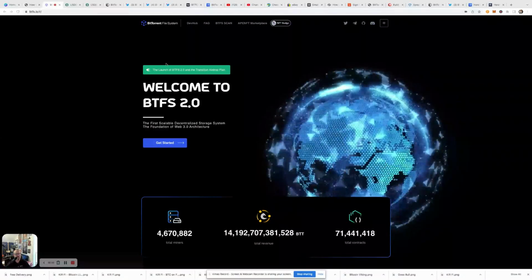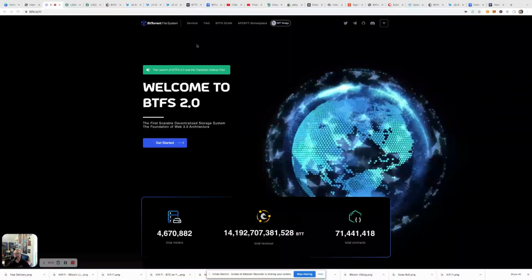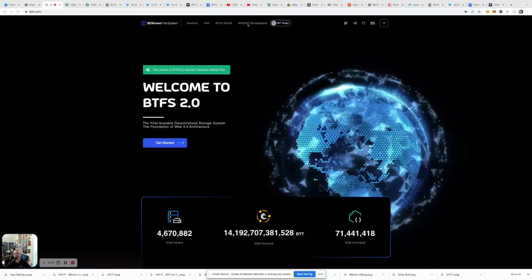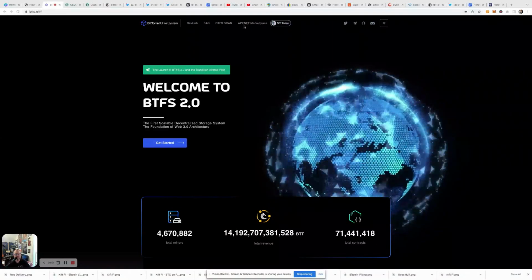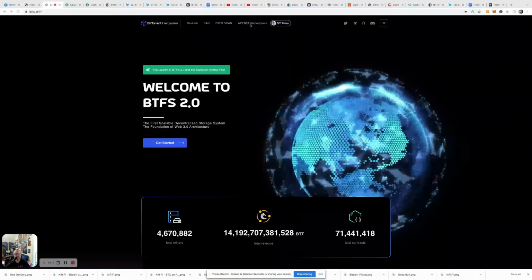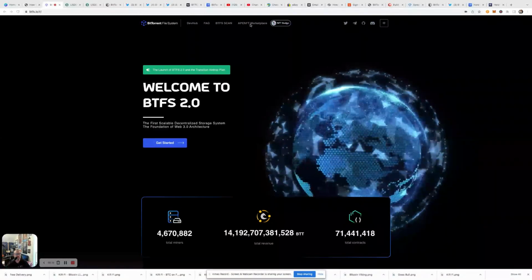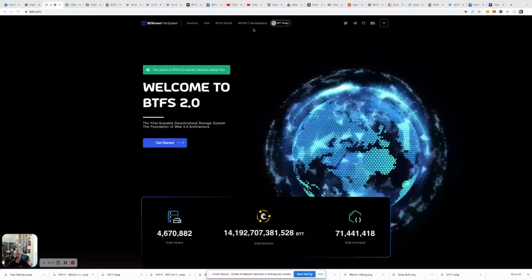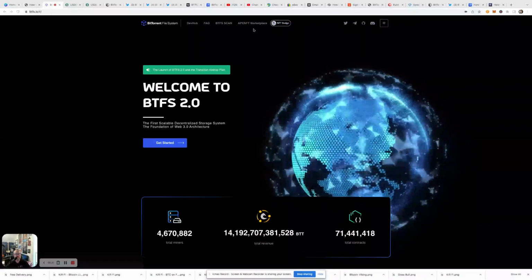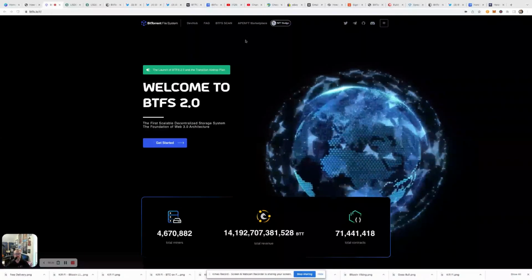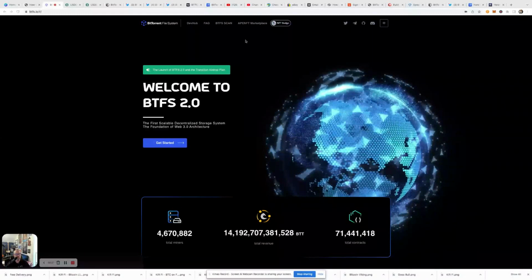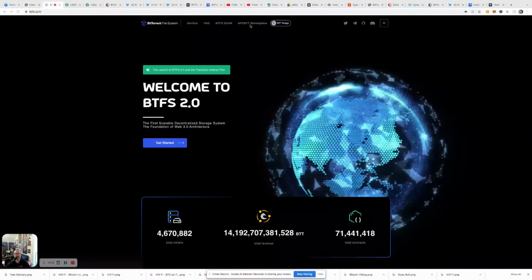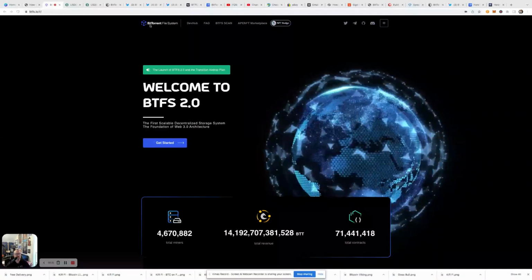So that's a fairly new development, this 2.0 here. And some of the other things you can see up top, it's got like this Ape NFT marketplace. That has nothing to do with the Bored Apes, as far as I can tell. It looks like that's just an NFT marketplace for Tron. Okay, and Tron is the blockchain owned by Justin Sun, and that ties into BitTorrent. BitTorrent was previously a Tron token. So I think it's a TRC20, I want to say, was what BitTorrent is. We'll be taking a look at that in a minute. And then they've also got this NFT bridge. So they're doing a lot with this, right?